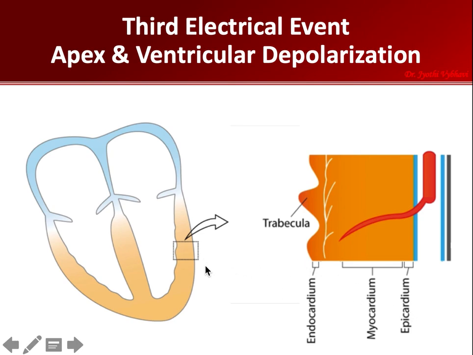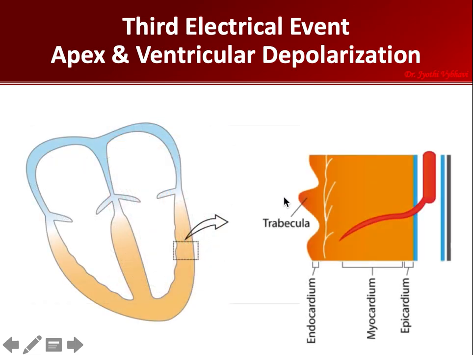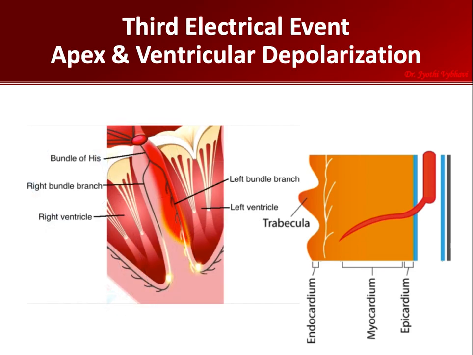And if you see the Purkinje fibers, they are coming here, they are present in the deeper part, the endomyocardium. So the depolarization wave comes here. From here, the depolarization comes to the myocardium and the epicardium. So the endocardium depolarizes first, then the myocardium, then the epicardium. So we can say that ventricular depolarization is from the endocardium to the myocardium and to the epicardium.